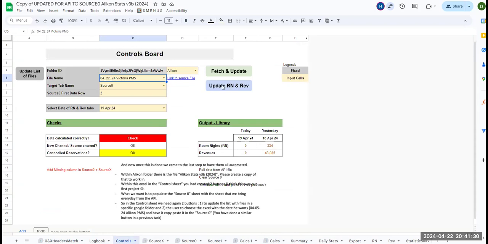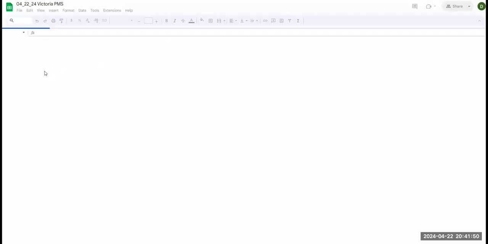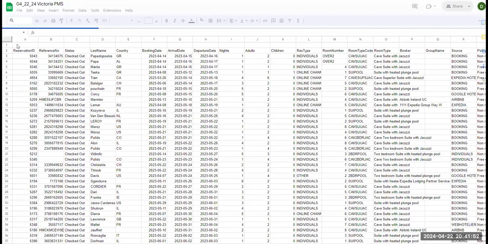This one is exactly the same. I am not making any changes in it. So once you are done with the source 0, source X and source 1 sheet, you can just click this, whatever the parameter you are going to change, and then run this one. There is another option that once you run the fetch and update, it's going to update the link. So which file we are pulling in, you can just simply click in here and click this link, and it will open the file which we just pulled in. So this is the file we pulled in,